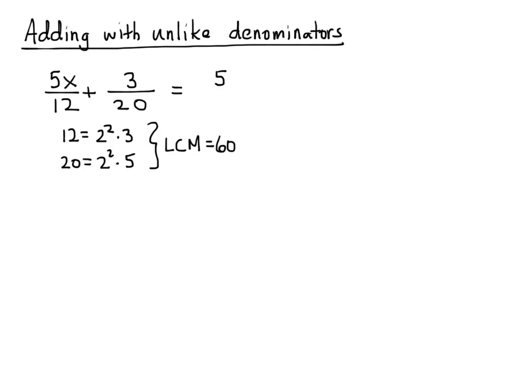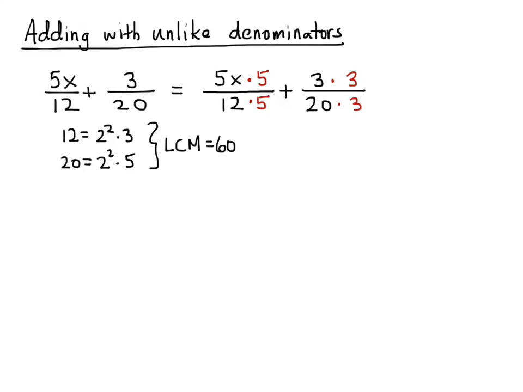All right, so with my 5x over 12, in order to make this 12 a 60, I'm multiplying it by 5. And I don't want to change the value of it, so I'm multiplying it by 5 over 5, which is 1. And then in the second term,